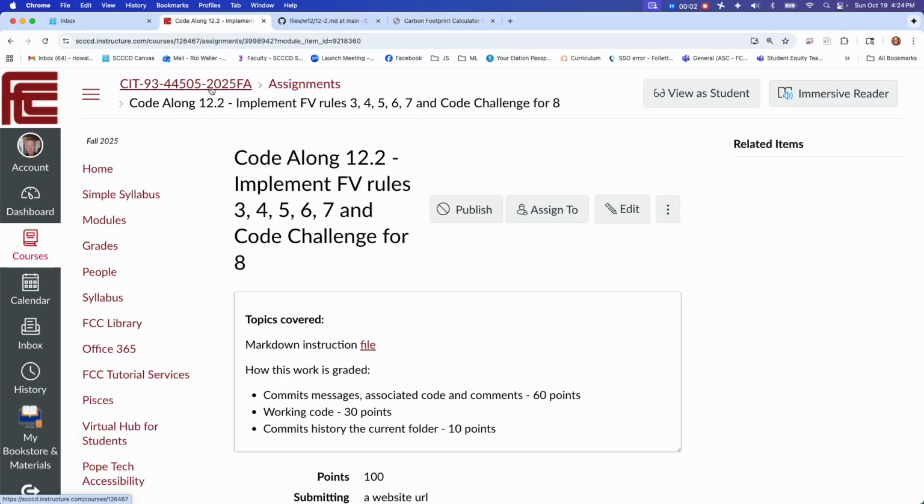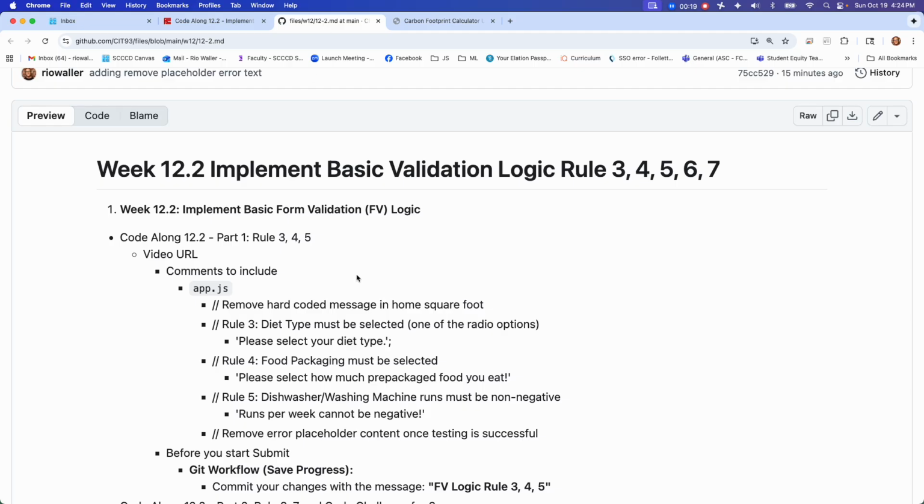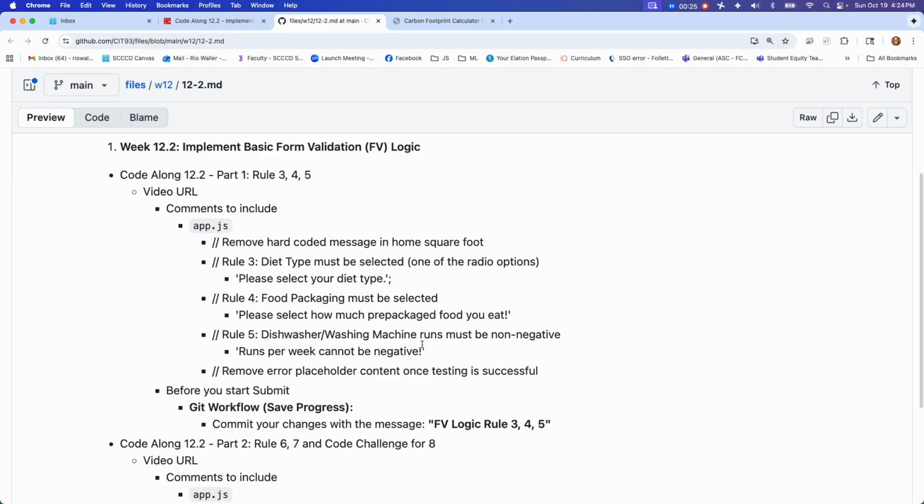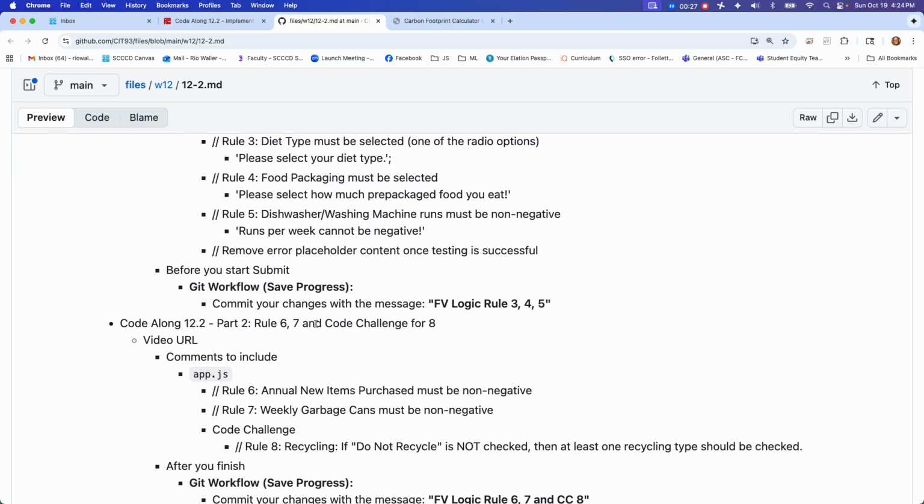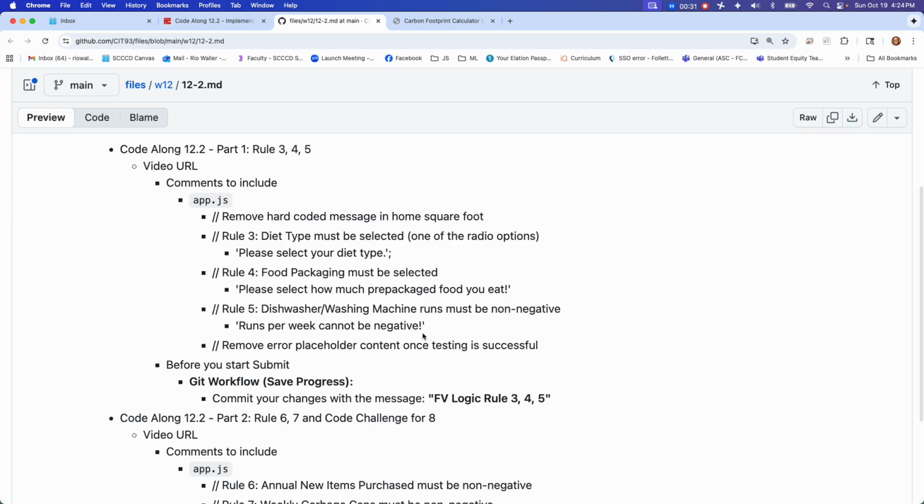Alrighty, so for the code along, we're going to do form validation rules 6 through 7. We'll break this into two parts and then we'll do a code challenge for the checkpoint for this one. So I already have it open and we'll start with 3, 4, and 5 on part 1 and then we'll do 6 and 7 and then I'll set up 8 for what you need to do for the code